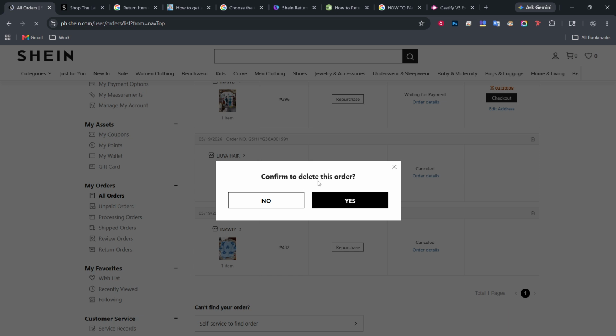If you see Hide, it simply removes the order from the default list you see, making it less visible in everyday browsing. Some versions also show Delete, but this is typically a view-only removal. In other words, it deletes the entry from your visible list, not from SHEIN's database. The order can still exist in your account records and may reappear in certain contexts like returns, invoices, or support